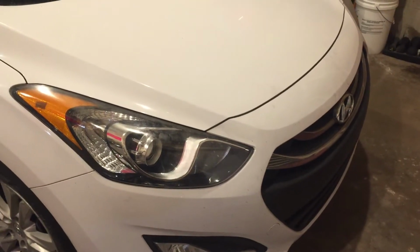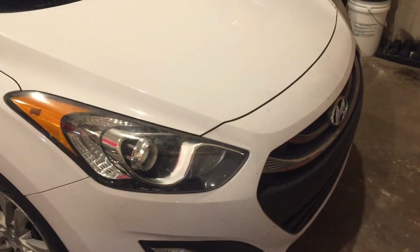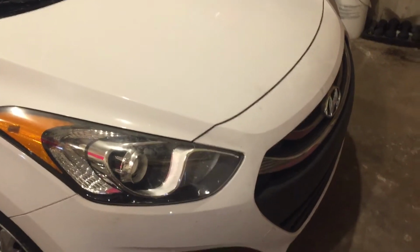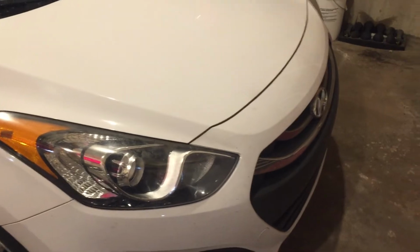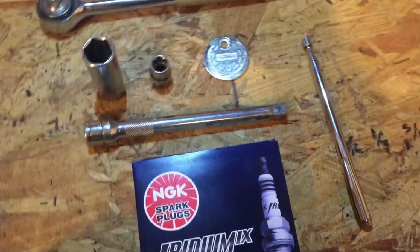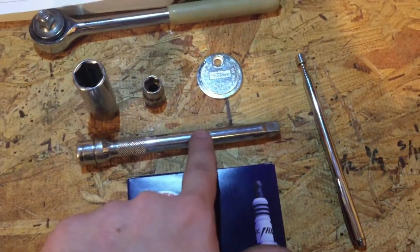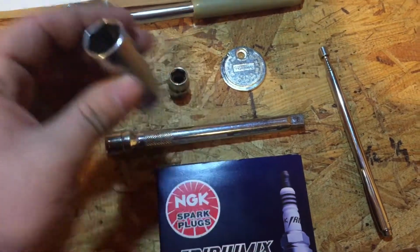Here's a video on how to change the spark plugs in your Hyundai Elantra. I think this works between the years of 2010 all the way up to 2018. I'm working specifically on a 2013 GT, and here are the tools you're going to need for this job, and it's not much. You're going to need 4 spark plugs, iridium tipped,